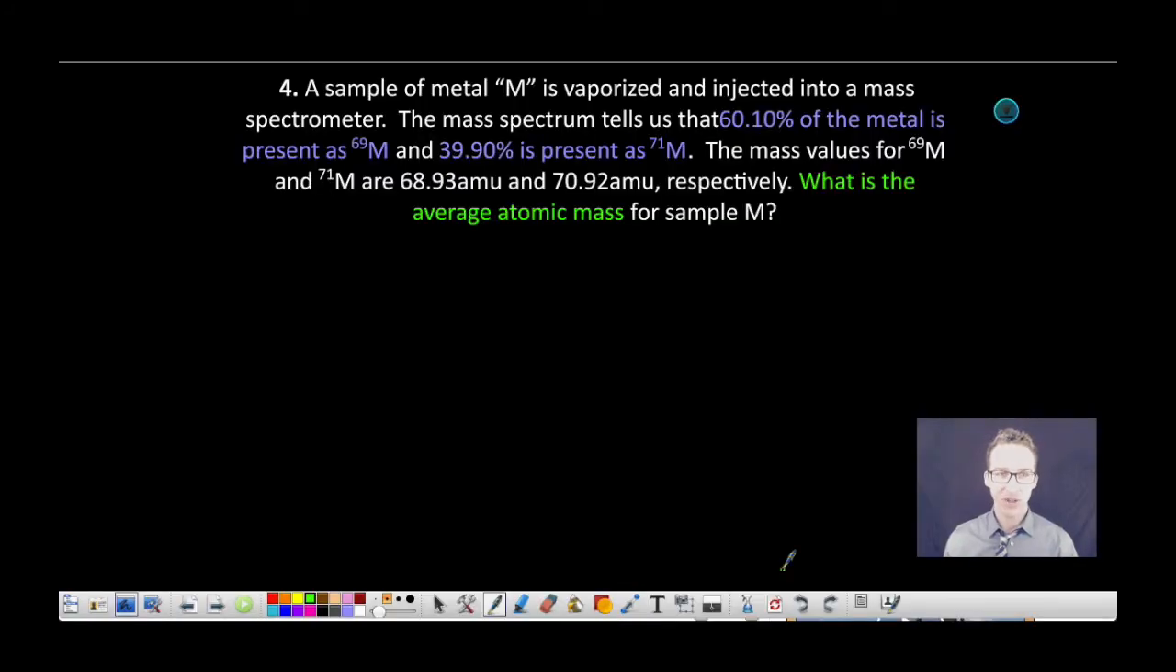Okay, as we look at the next question, it says a sample of metal M is vaporized and injected into a mass spectrometer. The mass spectrum tells us that 60.10% of the metal is present as